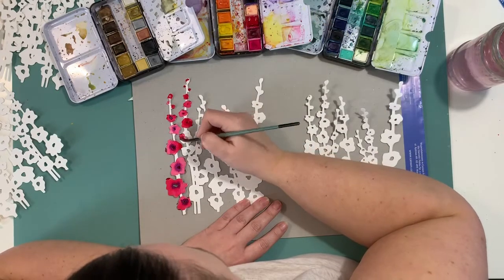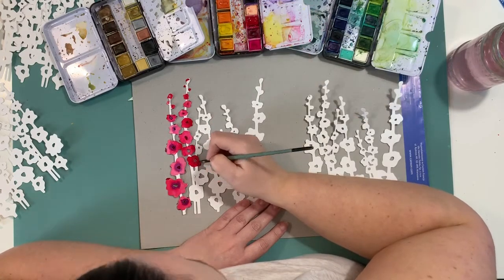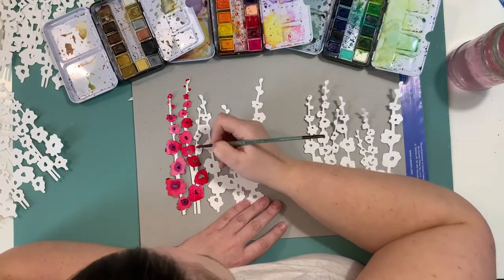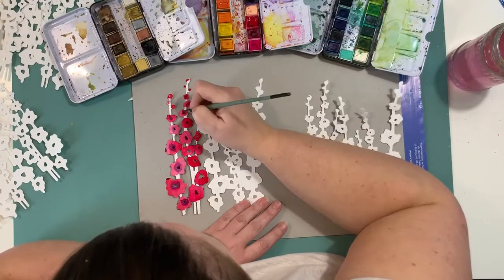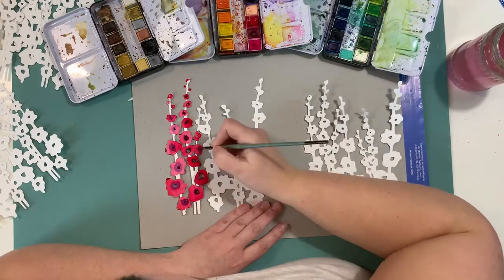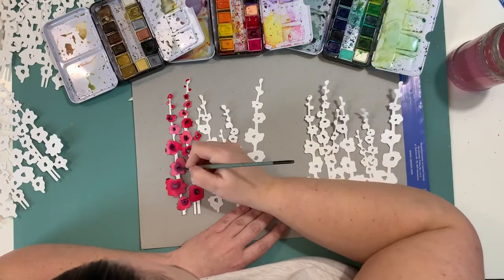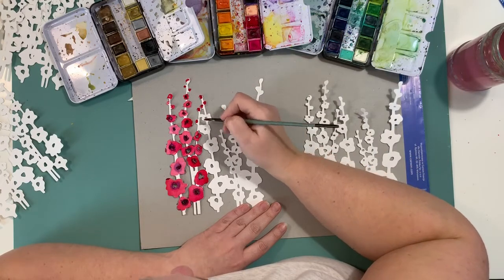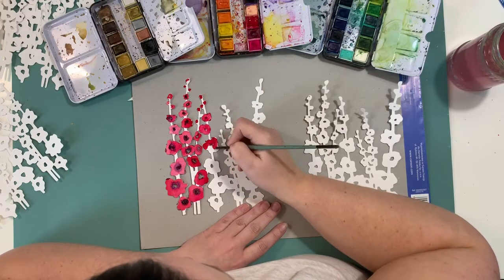And I used watercolor paper to cut out all the flowers, and I am painting them with my favorite Prima watercolors. I have 3 sets. One of them is called Tropicals, the second one is Decadent Pies, and the third one is Classical. So I have 3 sets mixed together, and I am painting the flowers in red and orange colors. They remind me of poppies. They are not poppies, I know, but kind of reminds me, so I decided to paint them reddish, pinkish, and